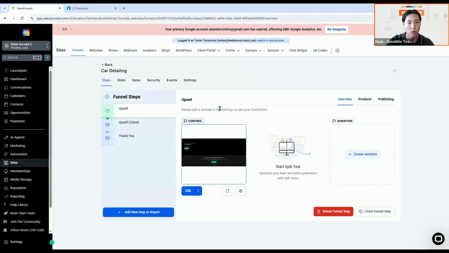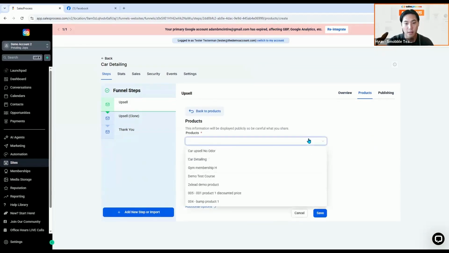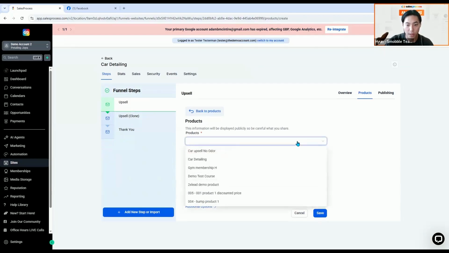It's very simple. So you go into your funnel to the steps. In this first upsell, you see this section here, products. Remember, I am selling a car detailing, and if you haven't created this product yet, you can create it here in the same section of the funnel steps. So if you click add product, from here, you can start creating the product. Now, I did create my car detailing yesterday,